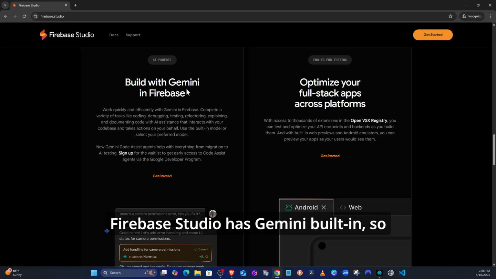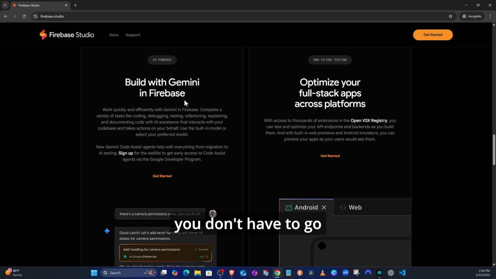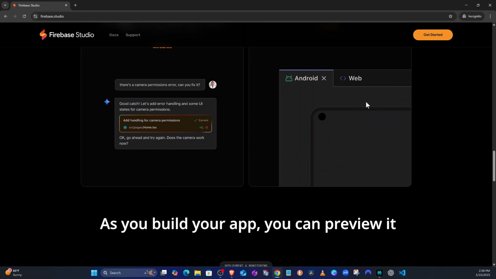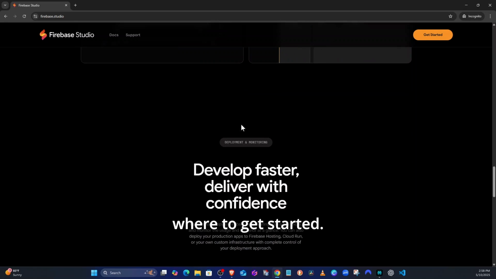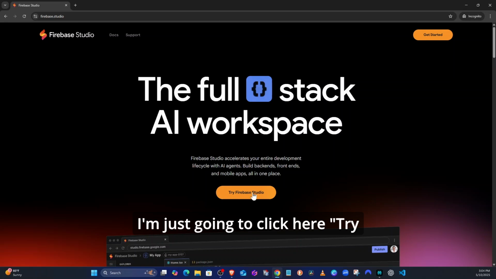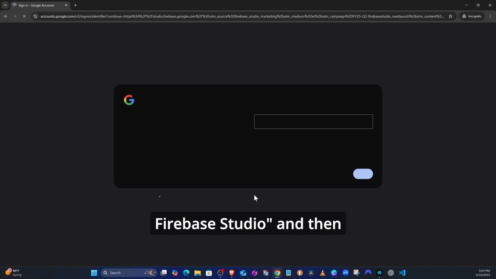Firebase Studio has Gemini built in, so you don't have to go outside of Firebase to have your AI integrated. It is already integrated. As you build your app, you can preview it for both Android or you can preview it for web. To get started, I'm just going to click here, try Firebase Studio,